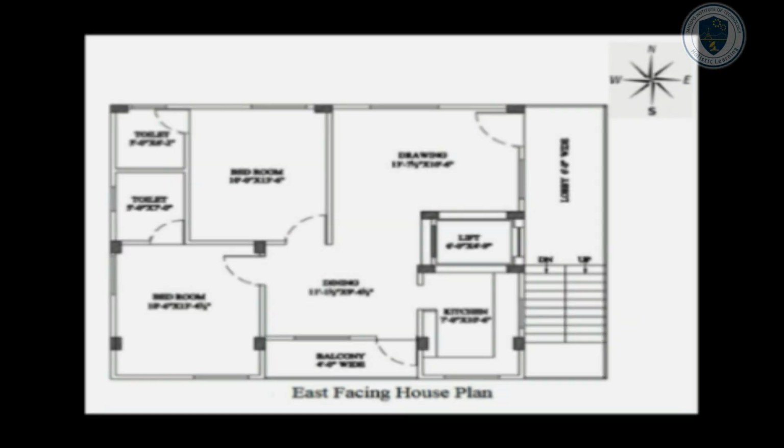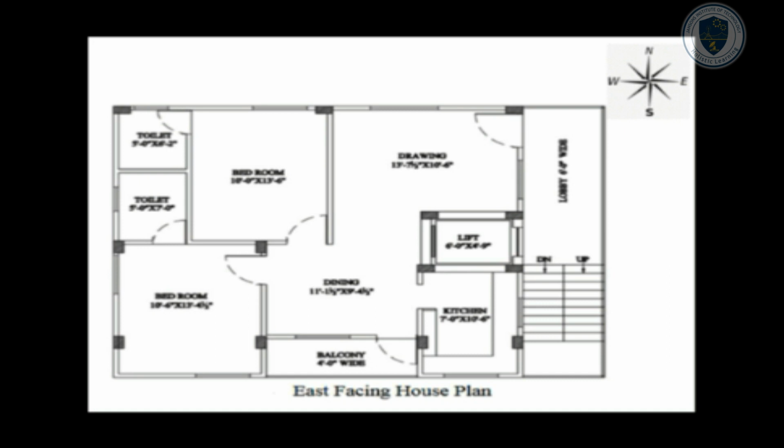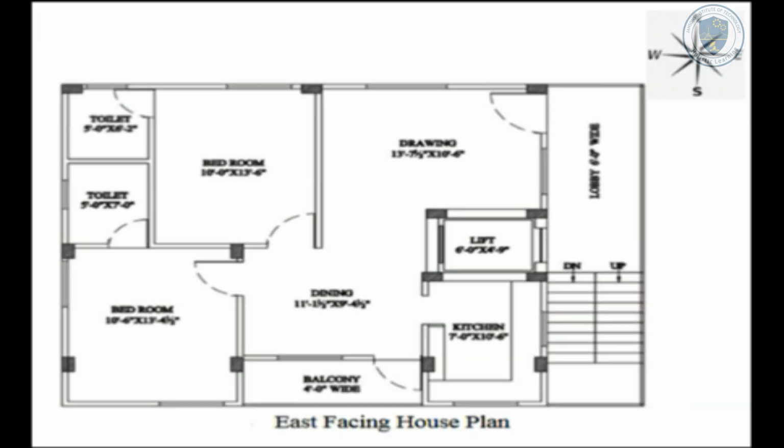Balcony may be at the northwest corner. The flooring height should be more at the southwest corner when compared to other sides or directions. There should be more loads like cupboards or lockers in the southwest. Cupboards or shelves for all the rooms should be on the west side or south side walls.